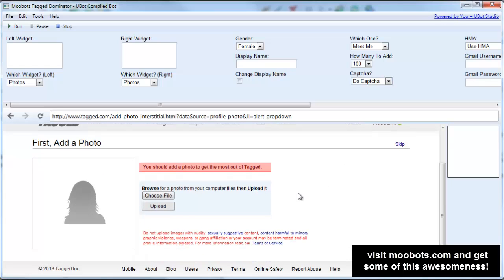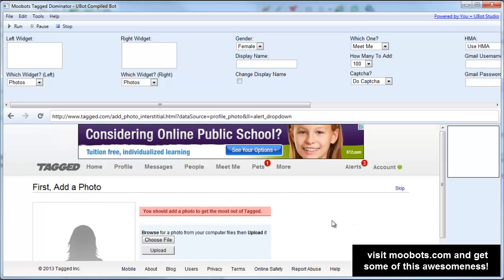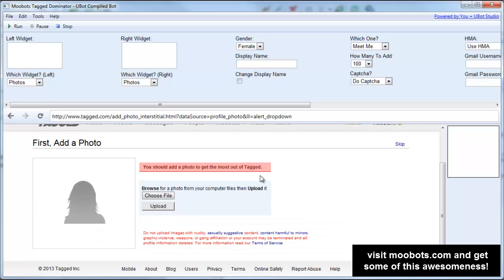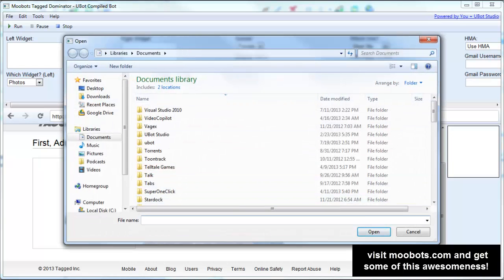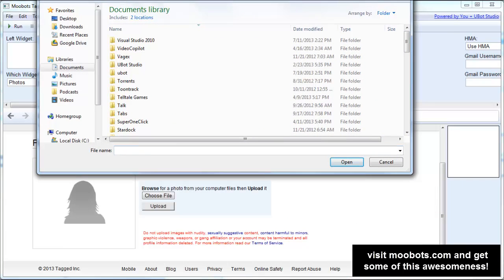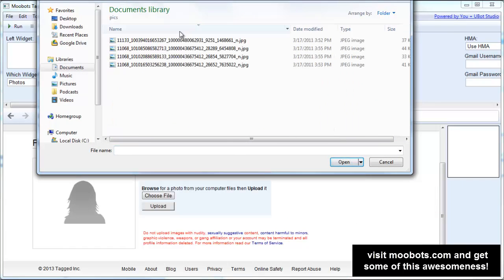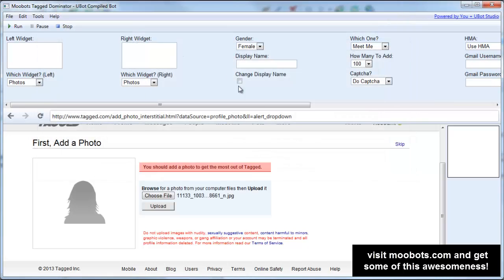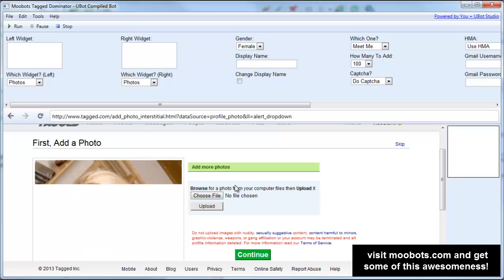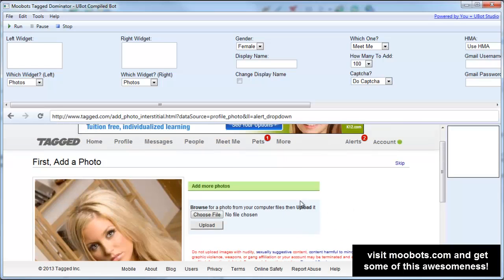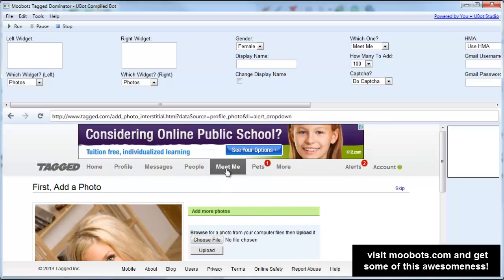So, I made a new account here. I haven't added a profile picture or anything like that. You can see no profile photo, and there's just nothing on here. I just made the account. So, I'm going to add a picture right now of just a girl photo. I'll hit upload. Alright, we have our picture. So now if I go to Meet Me,